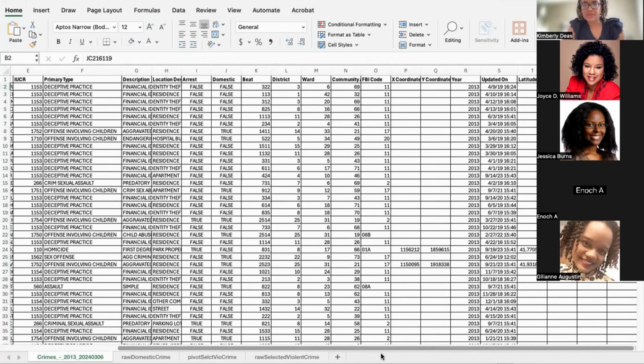All right, so let's see. And they also have XY coordinates. So you can import this into Tableau. You can actually look at maps to see where different things are. So you can come up with a wealth of different types of experiments to do.